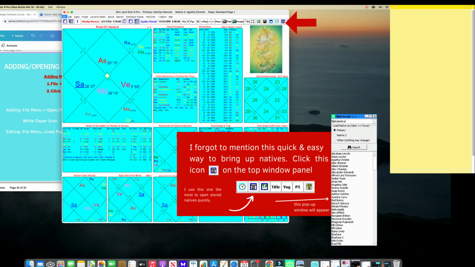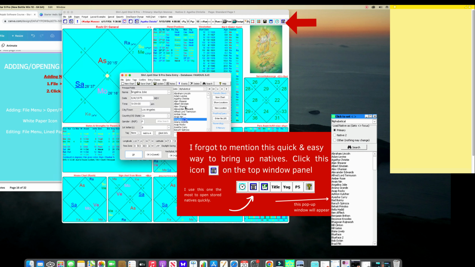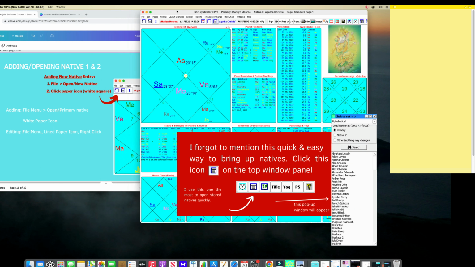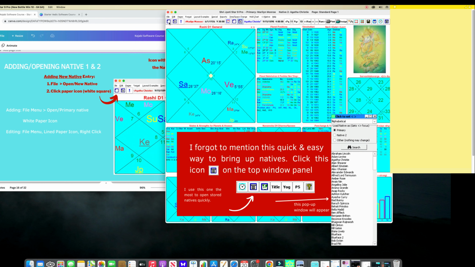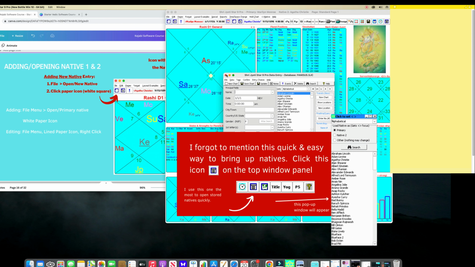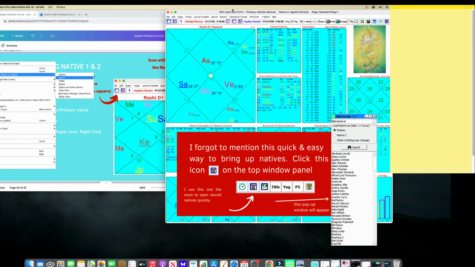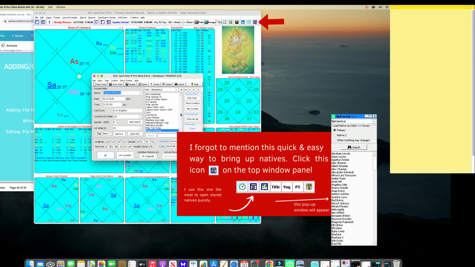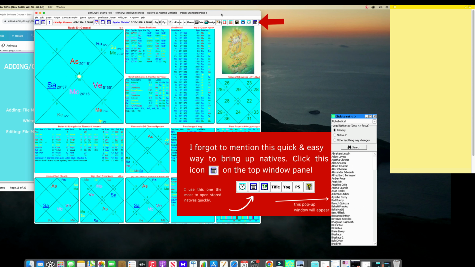Of course, you can open one up from here too and start editing it. And I think that just about covers how to add a new one. The right click kind of is off. So yeah, I think I've gone over everything just as far as adding and opening them up,